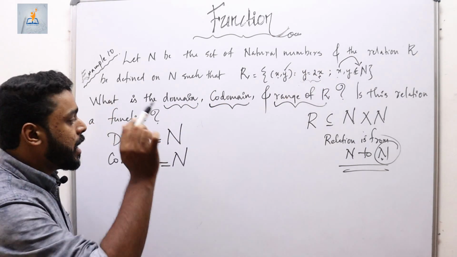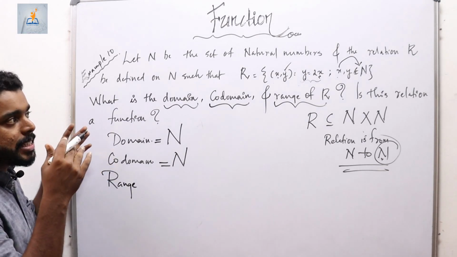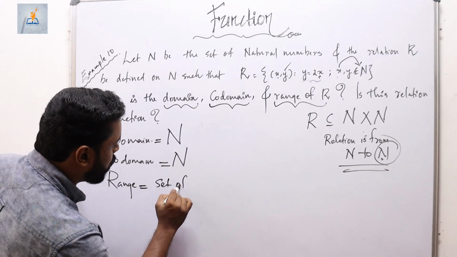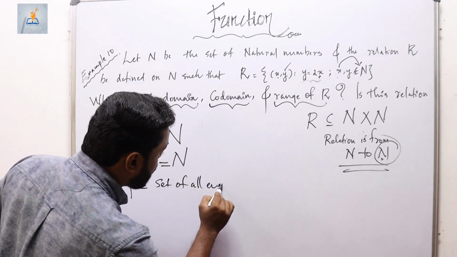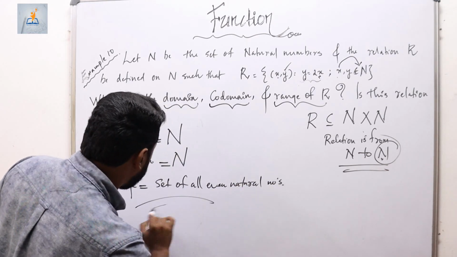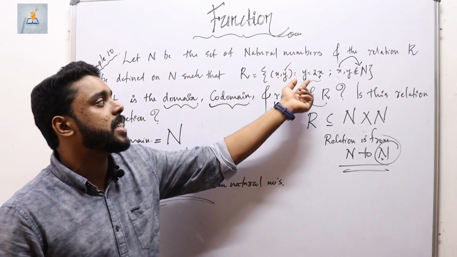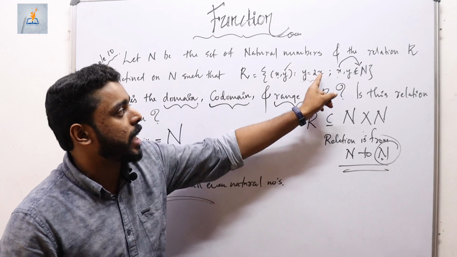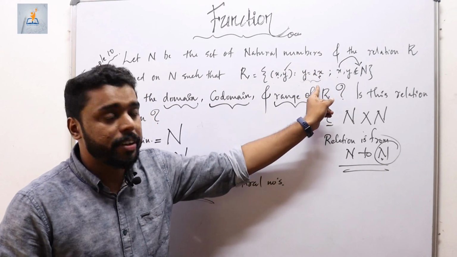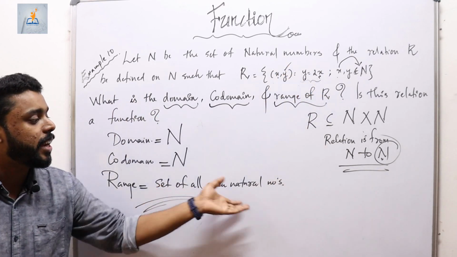And whatever natural number we put for x, y will be an even natural number, isn't it? Therefore, range is the set of all second elements in each and every ordered pair, which means the set of all even natural numbers. So, range is nothing but the set of all even natural numbers, because it is of the form y equal to 2x. Whatever we put in the position of x, it will result in an even number. So, the set of all second elements is nothing but the set of all even natural numbers.